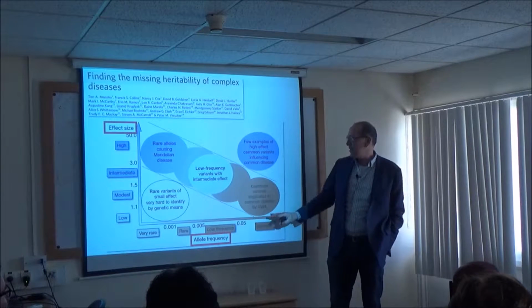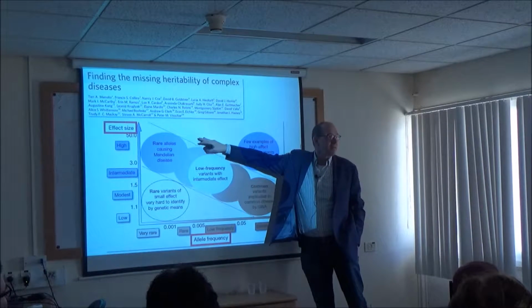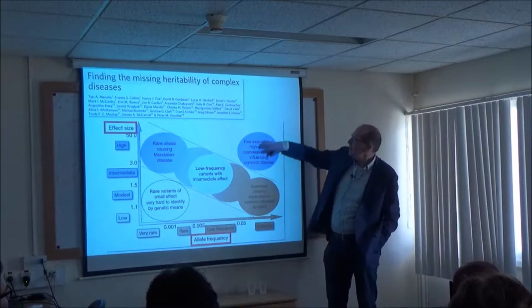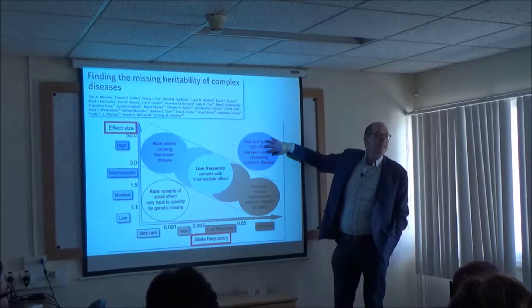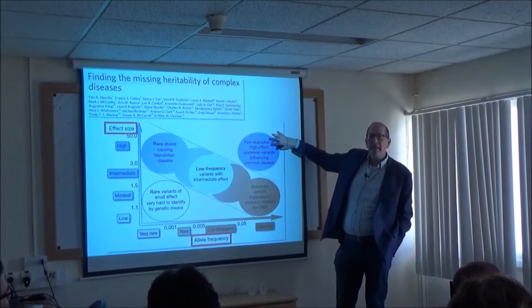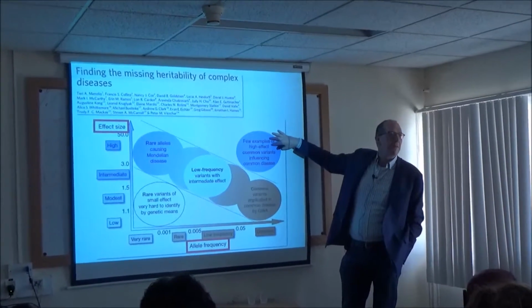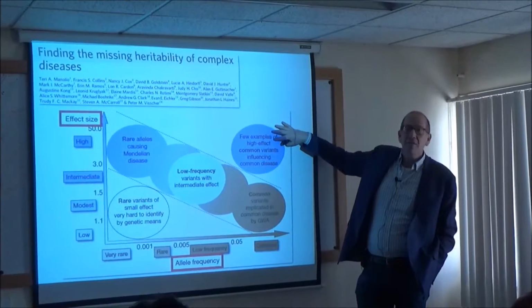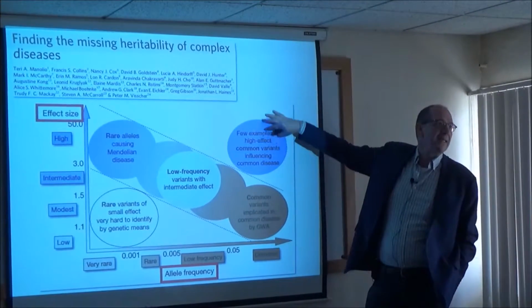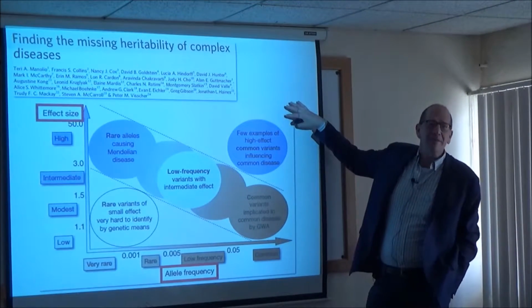ApoE has an effect size of about 3 to 10, so up here somewhere, and it has an allele frequency of about 20-some odd percent. ApoE falls right here. But Alzheimer's disease happens long after reproduction, right? So there's no control on ApoE the same way it would be if it was a developmental disorder which has reduced reproductive fitness. So we don't expect to ever find anything up here. In fact, if it was there, we'd already find it.